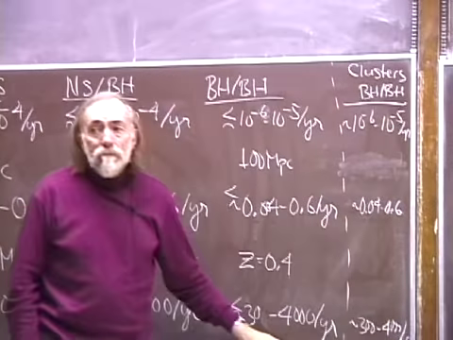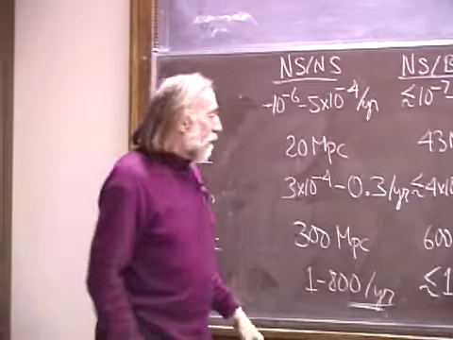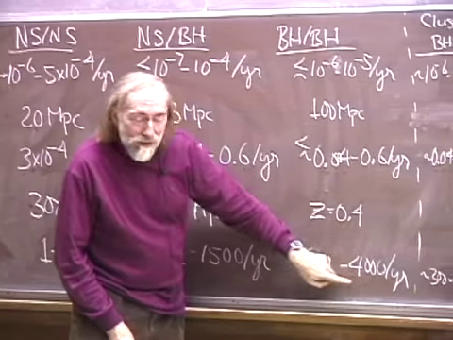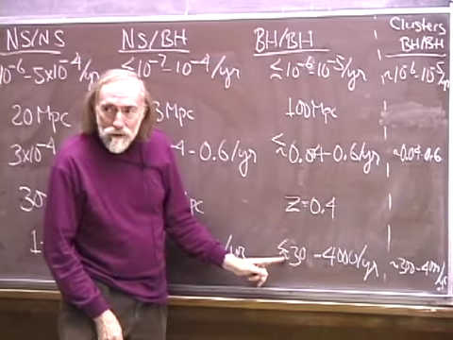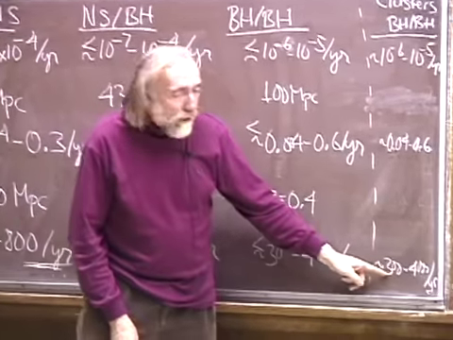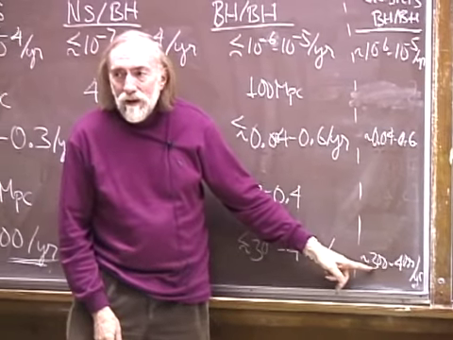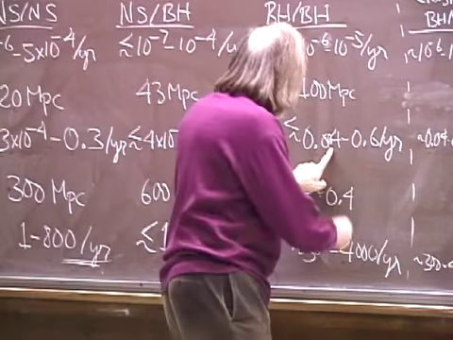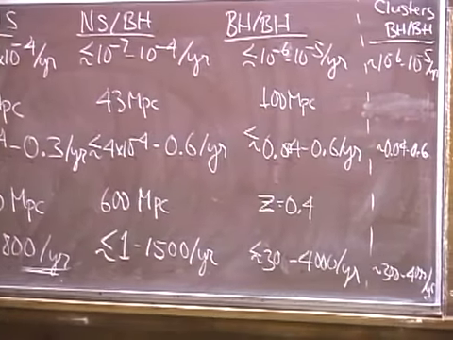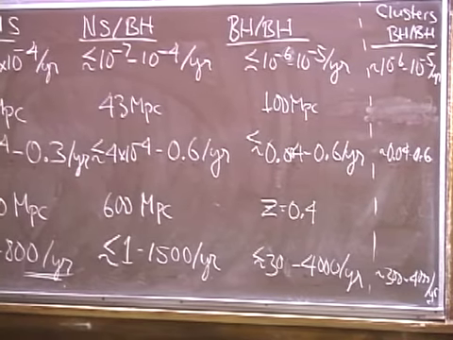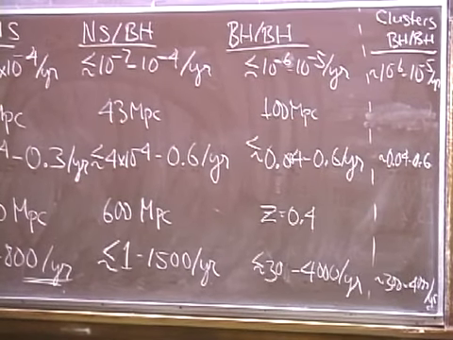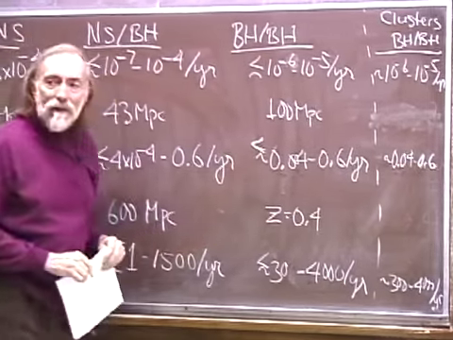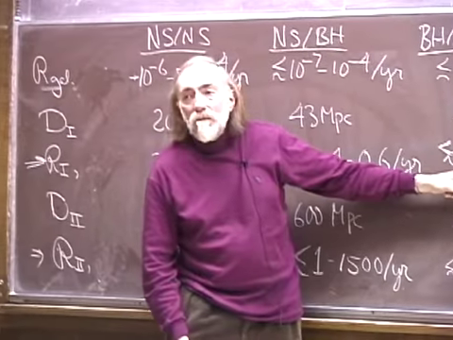So the numbers are the same from clusters? So this is less than or of order 30 to 4,000. This is of order 300 to 4,000. I was looking at LIGO 1. LIGO 1, that's where I said this should be 0.004, I think. Let me just... Okay. That's right. I missed a 0 here, and I missed a less than sign. So there are 2 zeros on here.